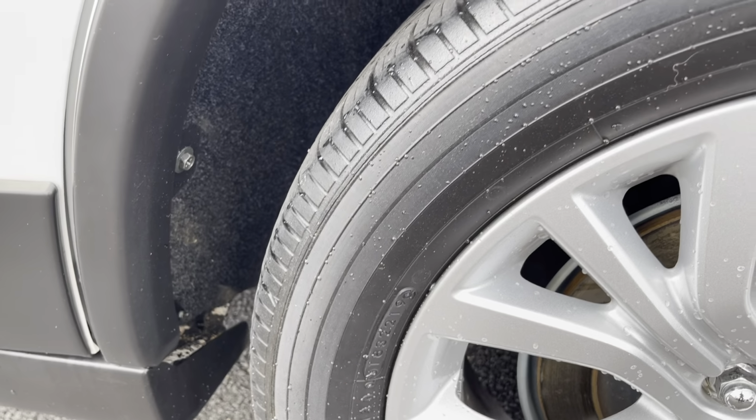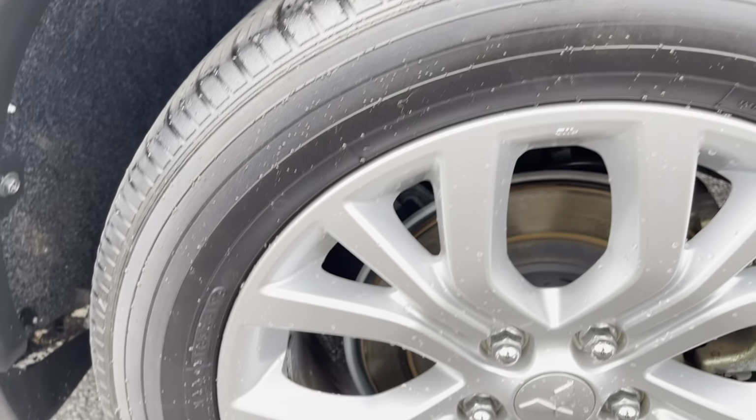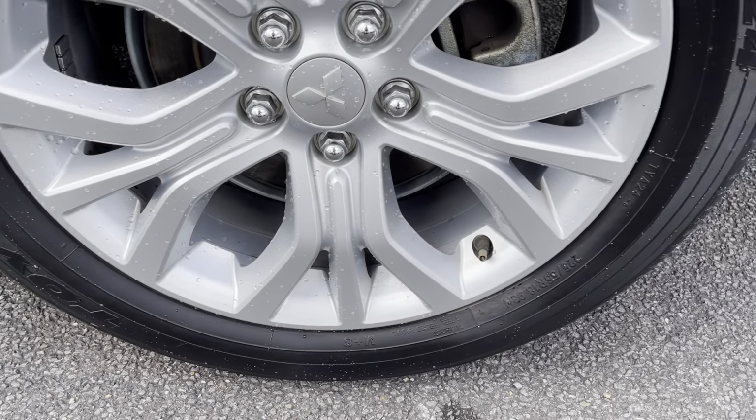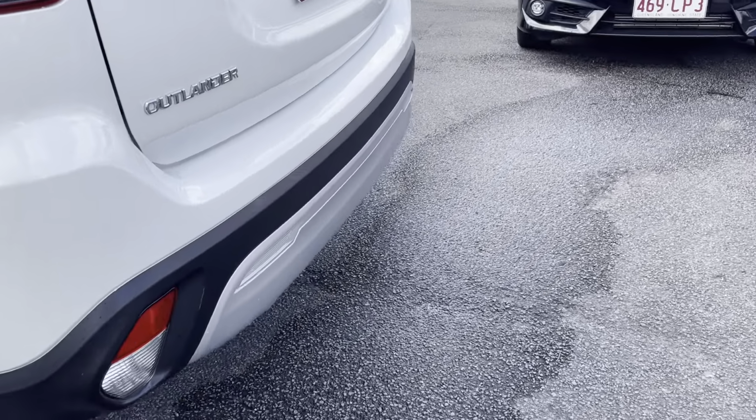Fantastic, looks really good there. And then back onto the rear tyres, so they've got plenty of treads on those. Back around that alloy, make sure there's no scratches or gutter rash on those rims. Okay, so most important thing now, so I'm basically just